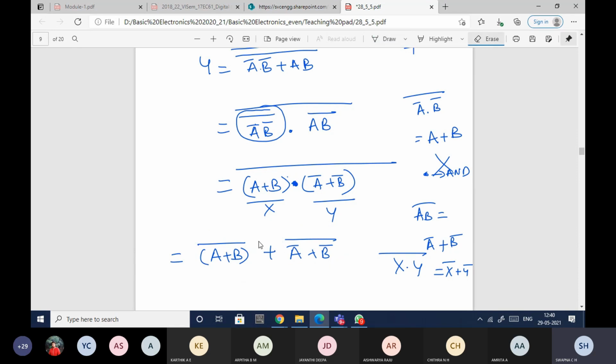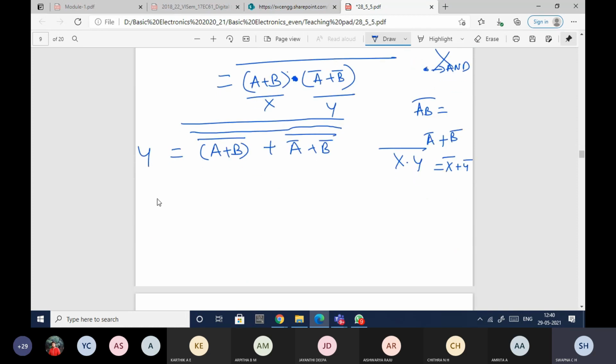So what I'll do here, I'll take double complement again. When I take single complement, this can be implemented. One more complement is nothing but the NOT, so I can implement it now. So I need A bar. I'll just connect it to a NOR